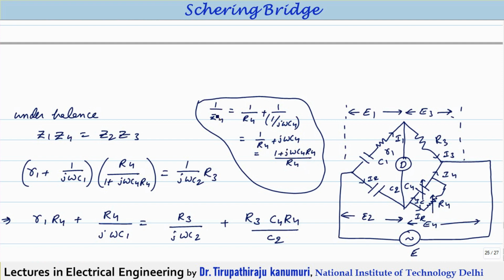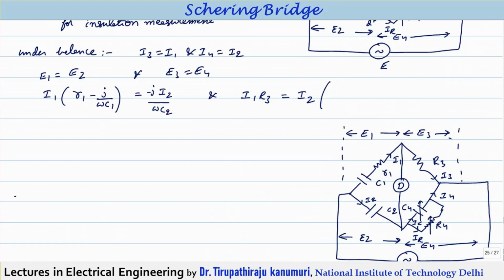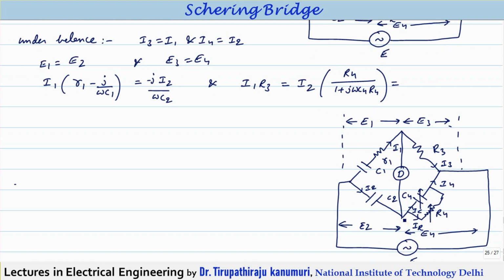So from this I can tell that Z4 will be inverse of this one. So the same thing I am going to write here. So this I can write as R4 divided by 1 plus j omega C4 into R4. This is one way of representing, or this can be written as, because this voltage between these two nodes, that